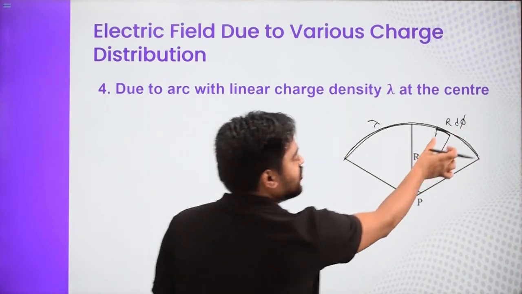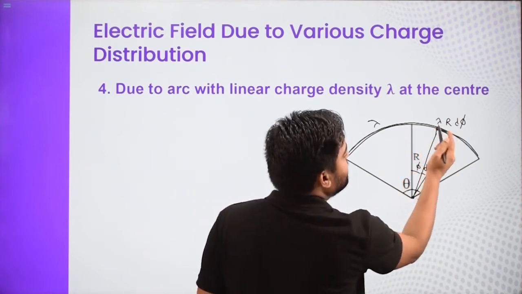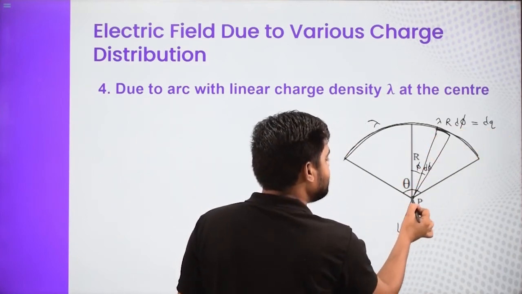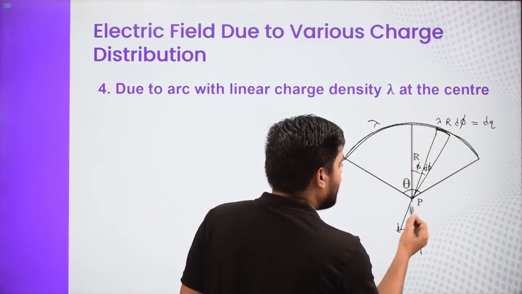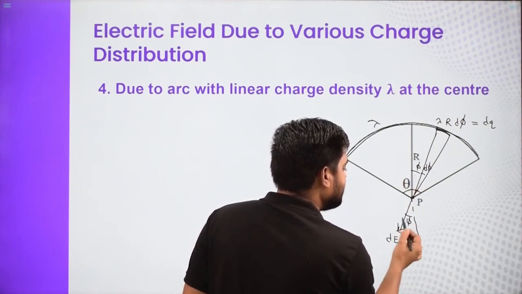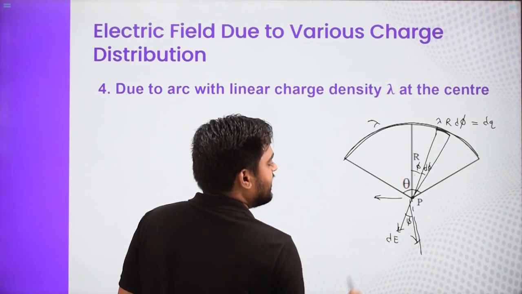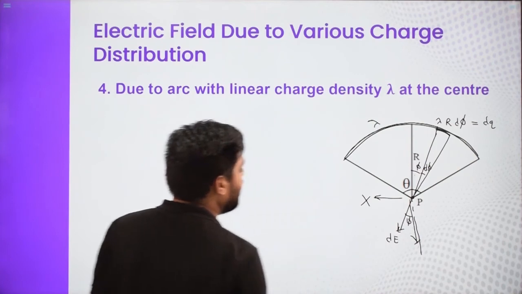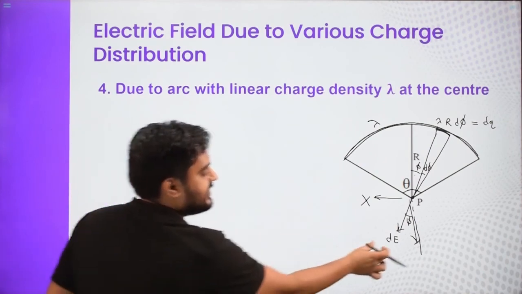And how much is the charge on this part? I will say it is lambda, the linear charge density, times the length of the part, and this is nothing but my dq. Due to this dq, I am going to get an electric field in this direction. This is the perpendicular bisector of the angle, and I will say this angle is phi, so this is also phi. Let us call this dE. This dE will have two components, one this and another that. Now all of us know that due to symmetry, it will be downward only. So this part will get cancelled out and the net electric field is nothing but the integration of dE cos phi.